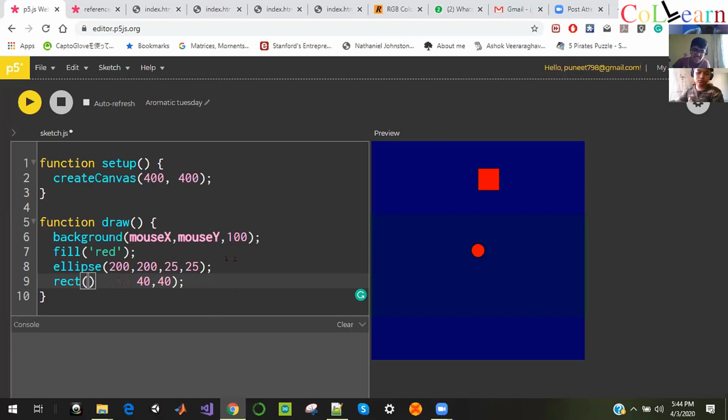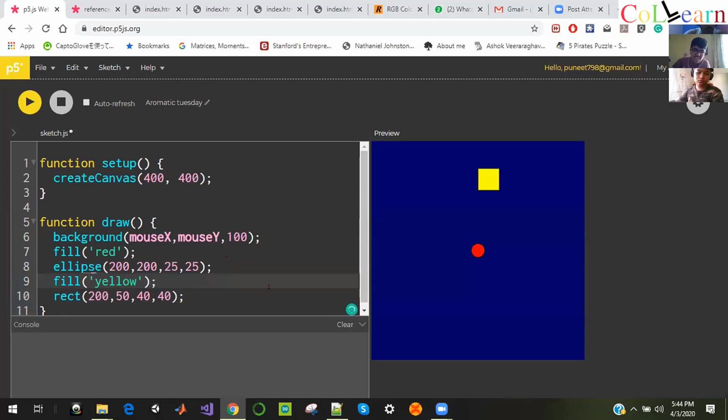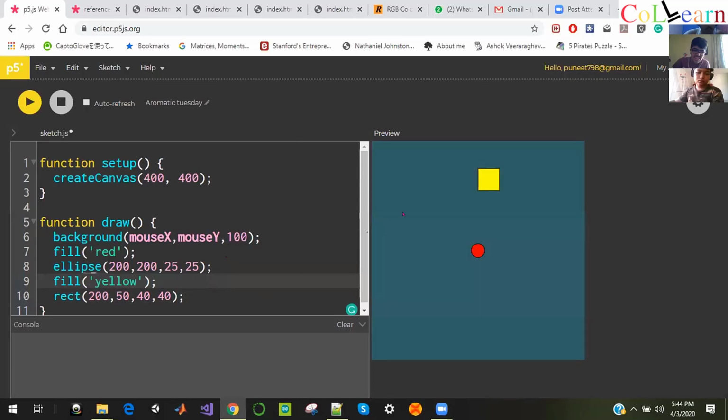But on top of the rectangle, again write fill and fill a color, like I am filling it with yellow. You can make the rectangle anywhere on the screen you want. So it's not a problem.